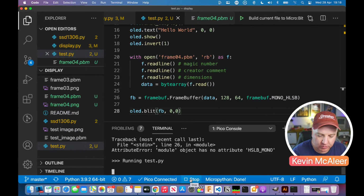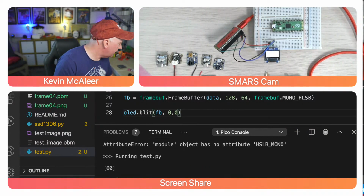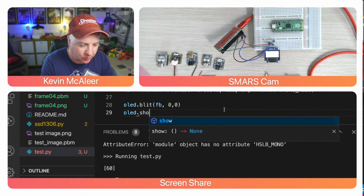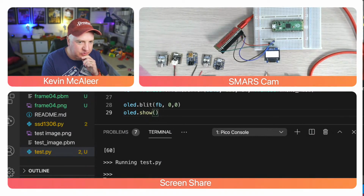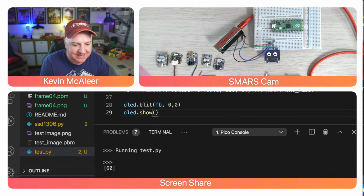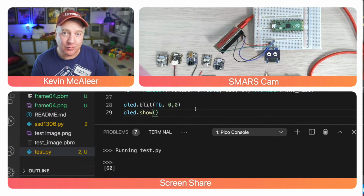So if all goes well, we should see the graphic of the eyes looking up, and I don't think that has worked. So what's gone on there? Yes, I've not done the display. We need to do show. That's the bit I'm missing. Let me try that again, and we should see when it runs that. There we go, the eyes are looking up. It worked. Fantastic. So if we want to animate this, it's just a matter of reading in those files